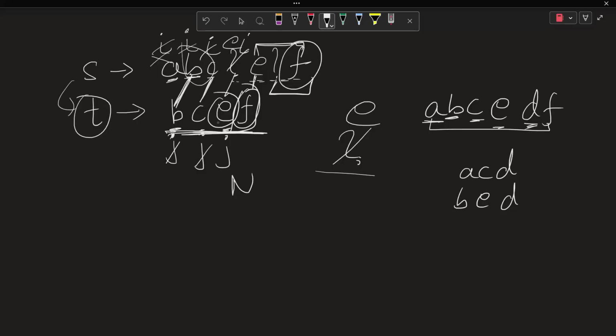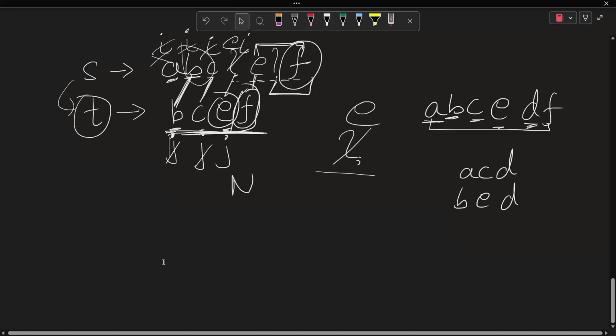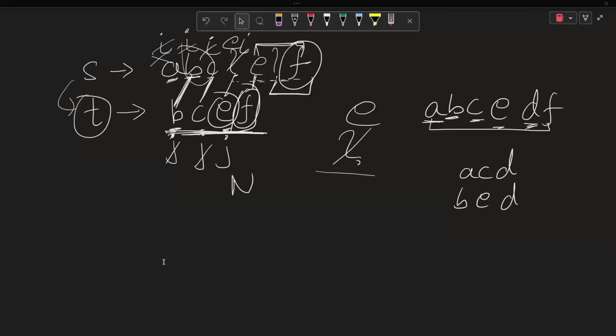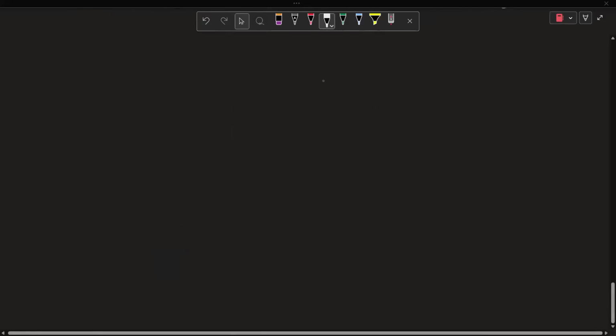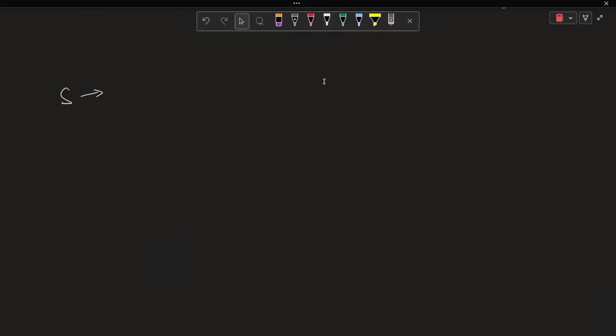Otherwise, you would say no, you can't do it if you don't find a match. Okay, I hope this is clear. I'll dry run for one more test case. Let's suppose, with what we are doing in the algorithm, you have